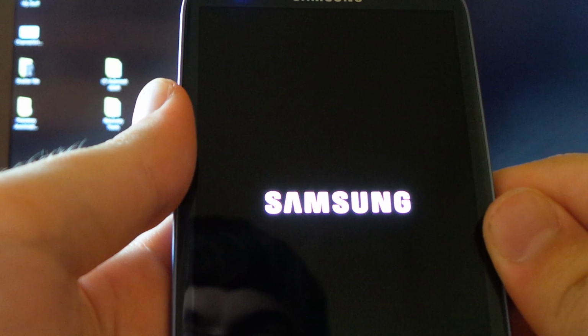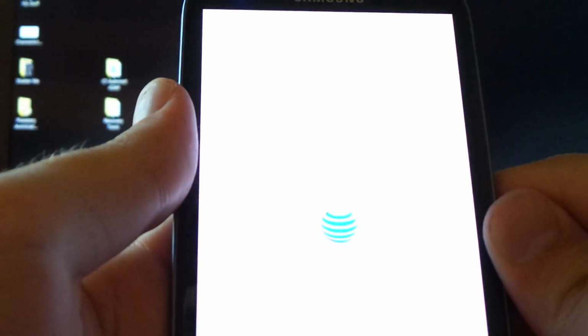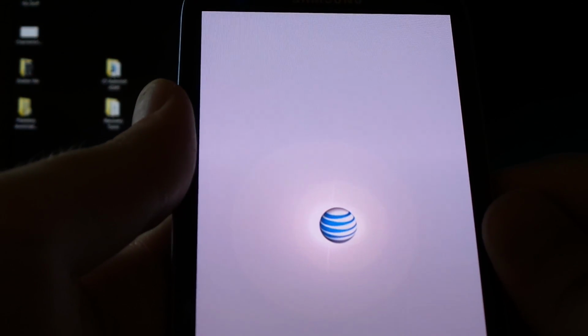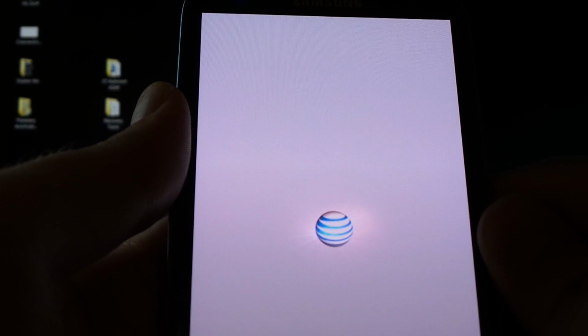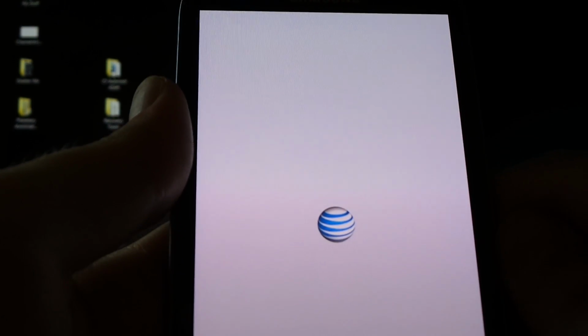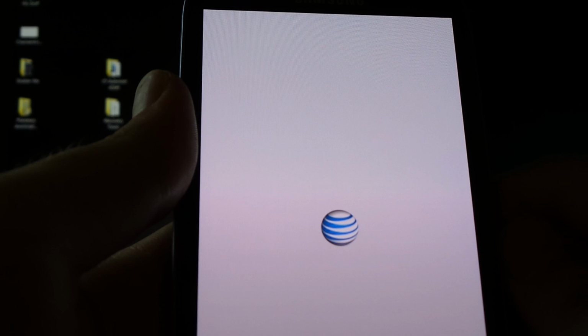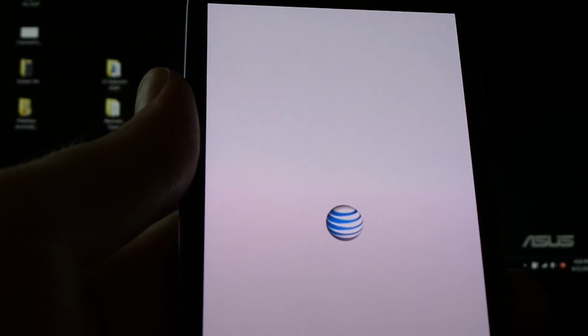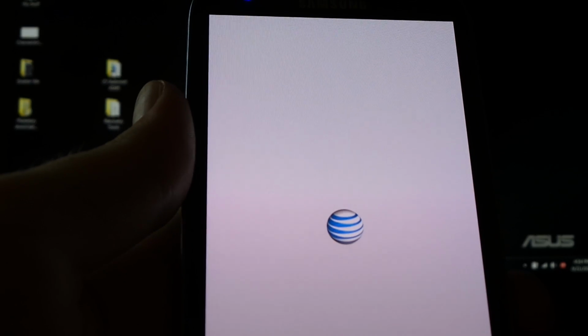it's wrong, but whatever. That's the AT&T sound on the Samsung boot. Look, that's funny. Anyway, I'm going to come back to you when the boot process is done, and then when I have set it all up, we will pop back into the settings just to make sure you follow along and hop in there